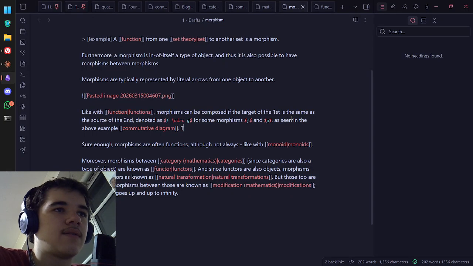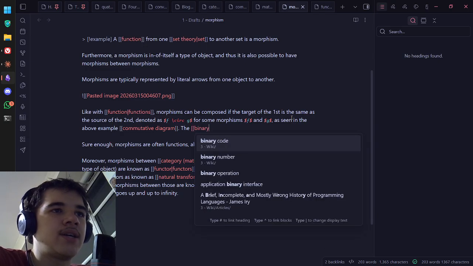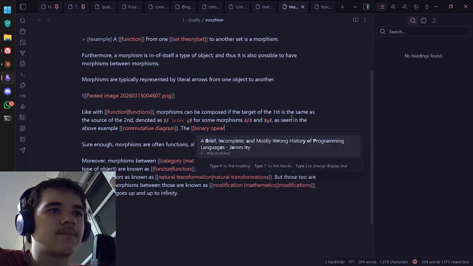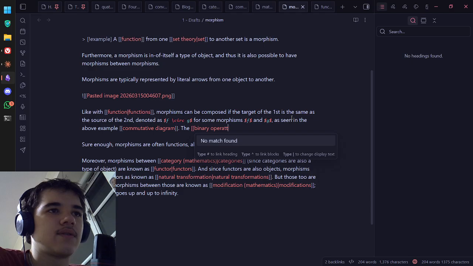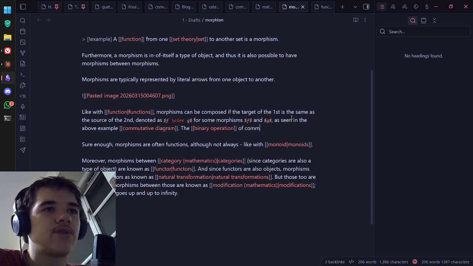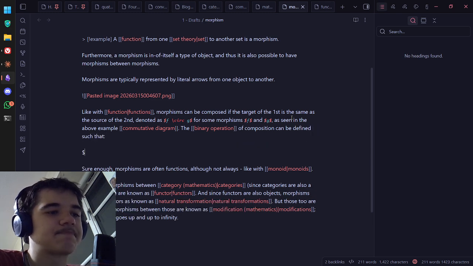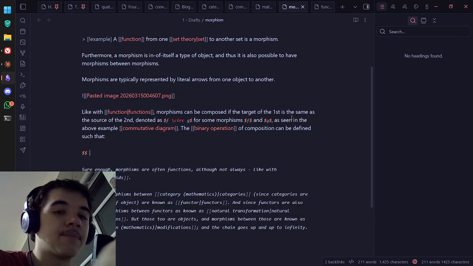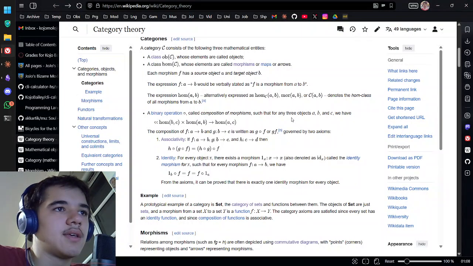So the binary operation of composition can be defined such that circ is